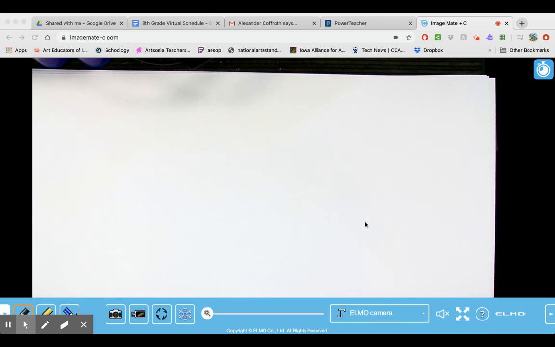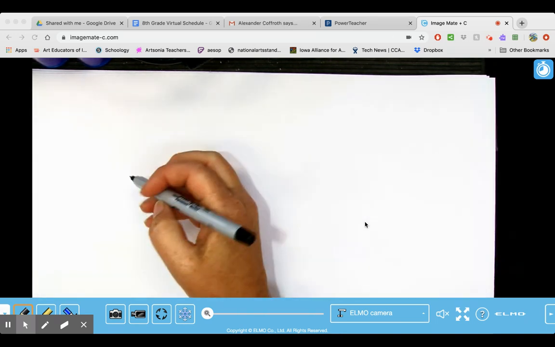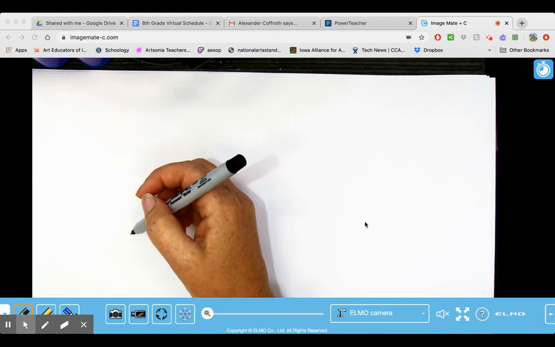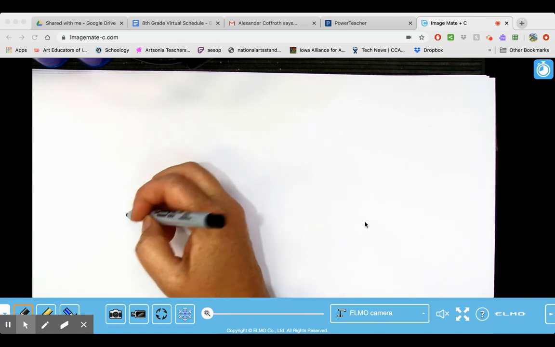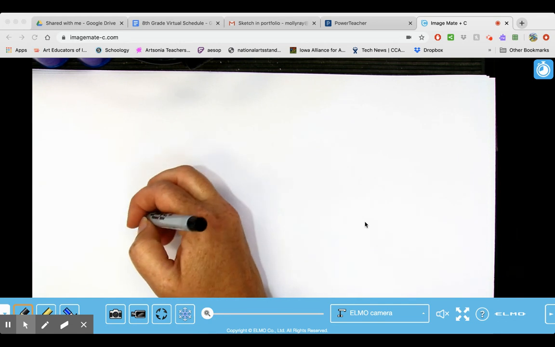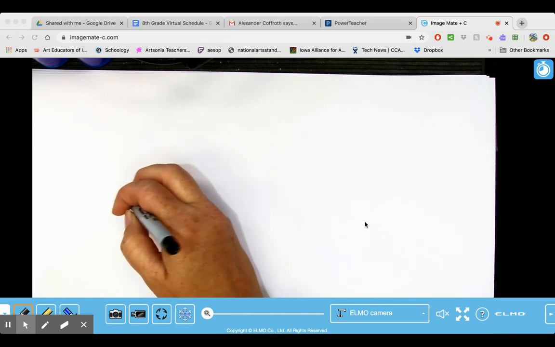We only have 5 minutes. So, okay, guys, we're going to do a quick review on the texture lines that you learned in the 6th grade and how you might be using them on your final project. I'm going to draw in Sharpie just so it shows up better on the screen. But if you remember right, we had hatching lines, and hatching